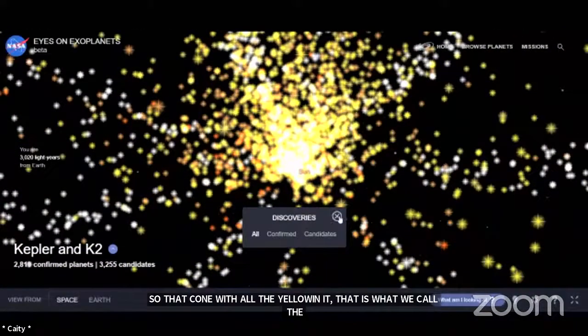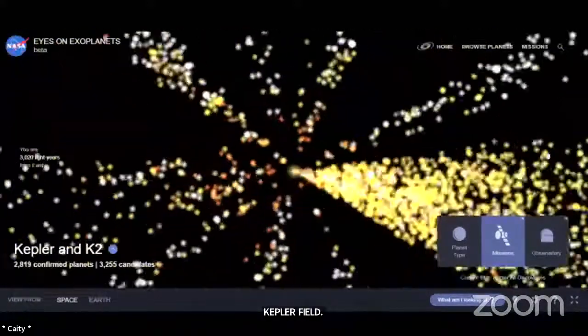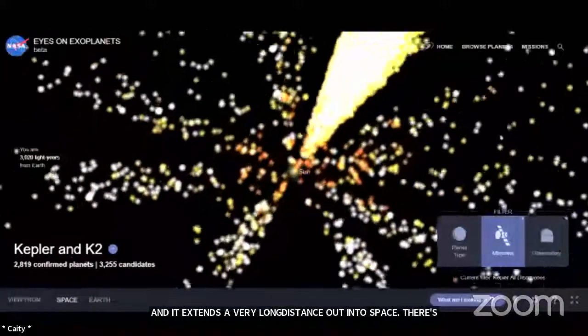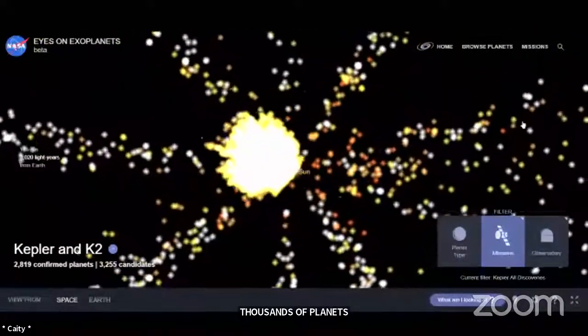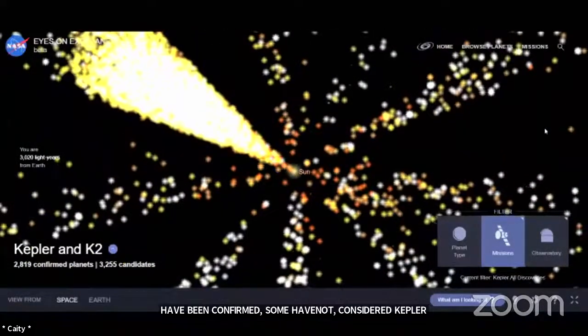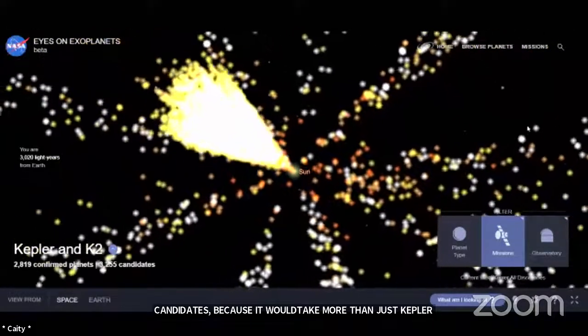There's thousands of planets in that cone that Kepler was able to discover, some of which have been confirmed, some of which have not. They're still considered Kepler candidates because it takes more than just Kepler to find them. You do need a second observation to confirm them. But look how many planets it discovered in that one little patch of space, because this was something we did not know